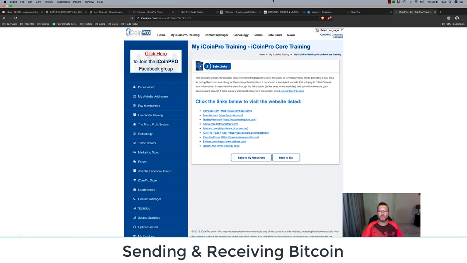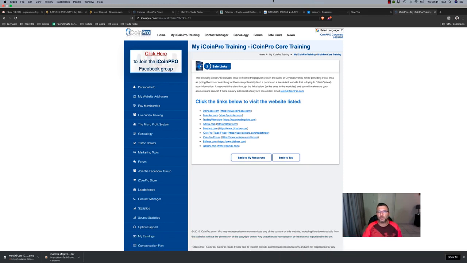Today we're going to talk about how to send and receive crypto using a conventional wallet. The wallet we're going to be using is Coinbase, and I'm going to show you how to move money in and out of there using Bitcoin. For the other side of this demonstration, we're going to be sending money to Binance. Binance is the exchange of choice that we here at iCoinPro use. There are others, but Binance seems to be the very popular one because it's got a lot of volume, and